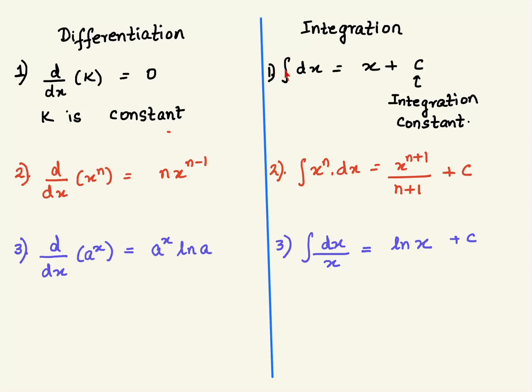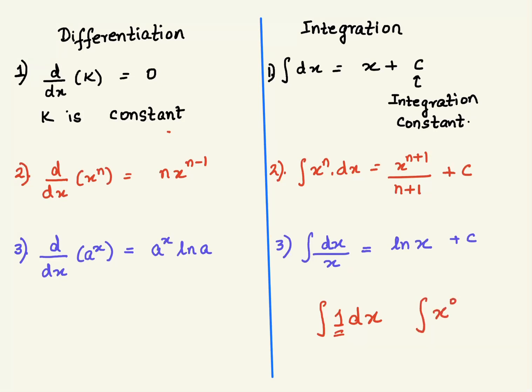Integrating a constant term. So before I go on to explain formula number 1, let's see formula number 2. So it's integration of x to the power n is x to the power n plus 1 upon n plus 1 plus the integration constant. Now when I've got integration of a constant, that means I've got simply 1 dx. Now this one means I have x to the power 0.